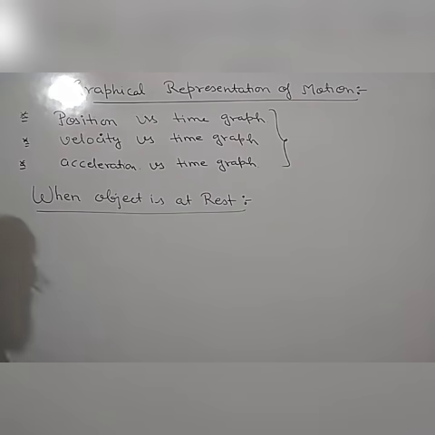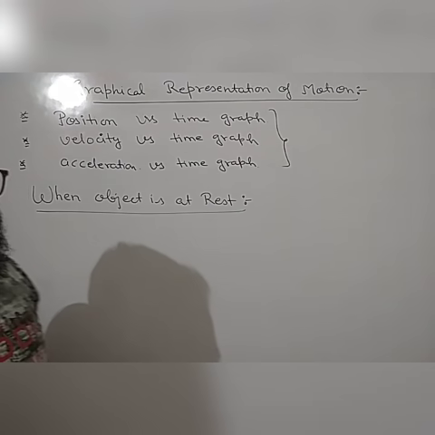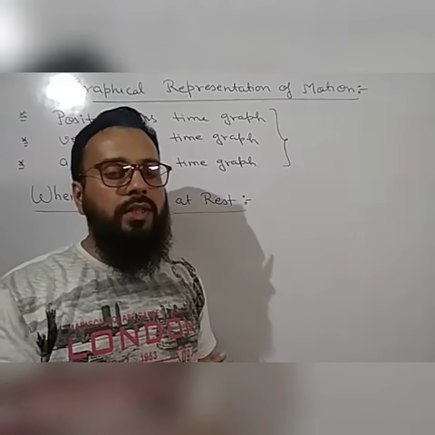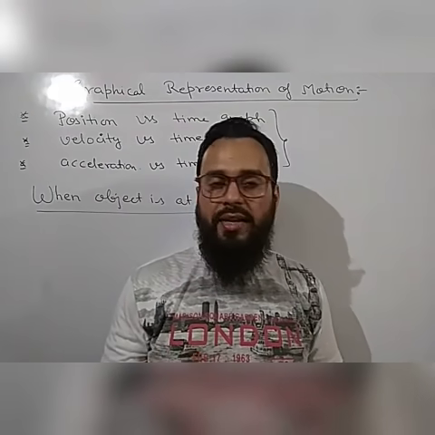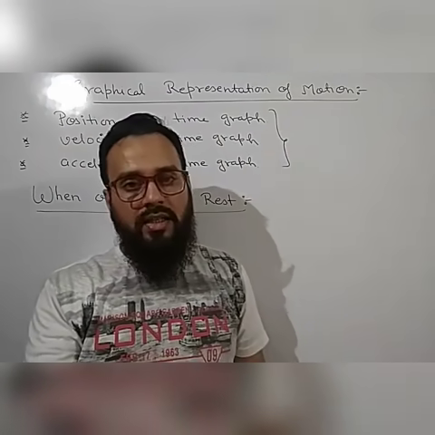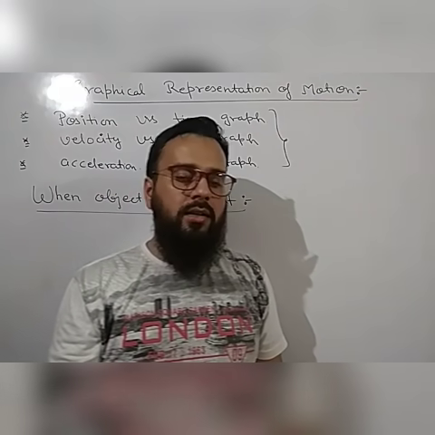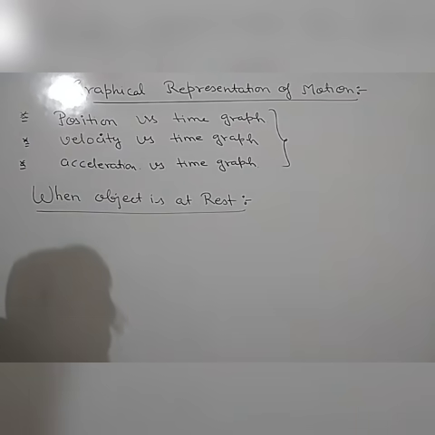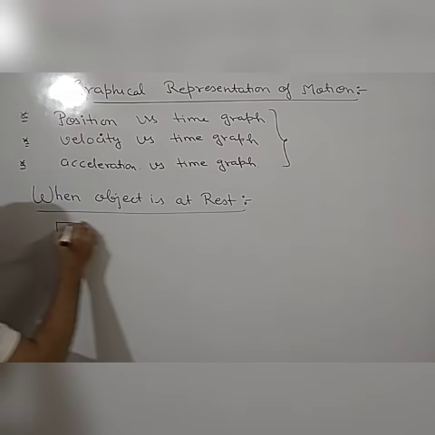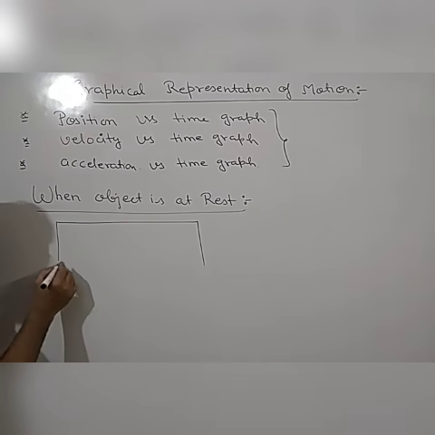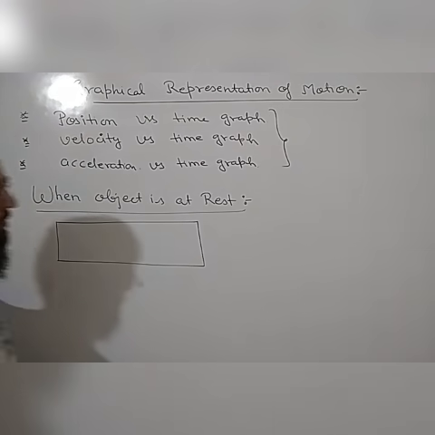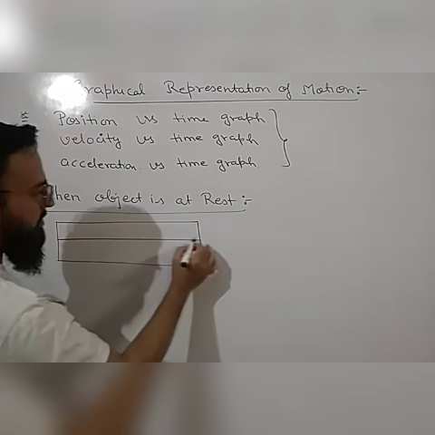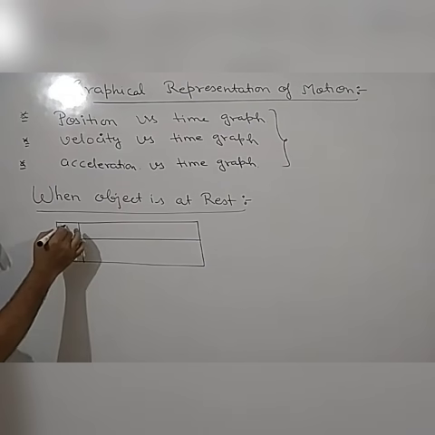Okay, so for drawing the graph, as I already told you, there is an xy axis and we have to locate the points x and y on the graph paper and join those points, then the shape of the graph will automatically come out. So when the object is at rest, what does it mean? We have to plot the points first. Let us take an example, because without any points we cannot draw the graph.